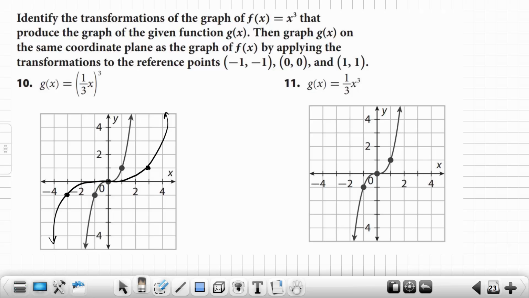Because if I stretch 0 by 3, it's still 0. The origin stayed the same. So 0, 0 stayed 0, 0. -1, -1 became -3, -1. And then finally 1, 1